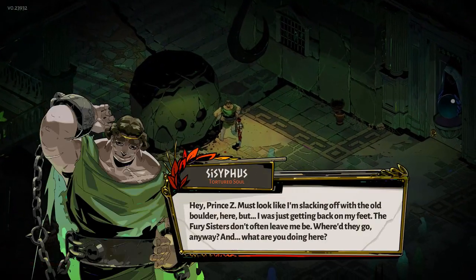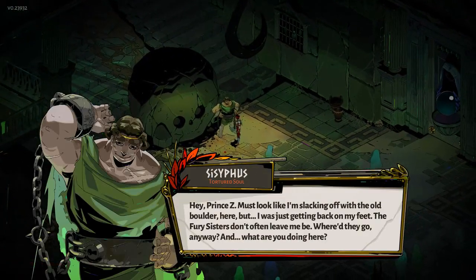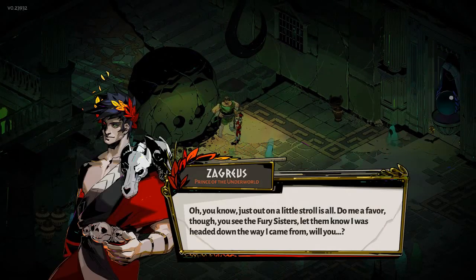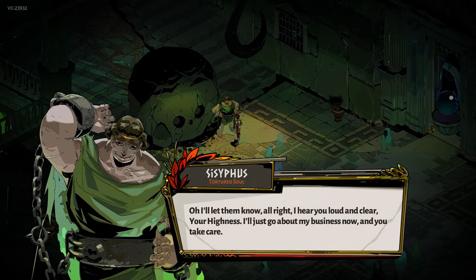Hey, Prince Ed. Must look like I'm slacking off with the old boulder here, but I was just getting back on my feet. The Fury Sisters... Oh, you know, just out on a little stroll is all. Oh, I'll let them know, all right. I hear...